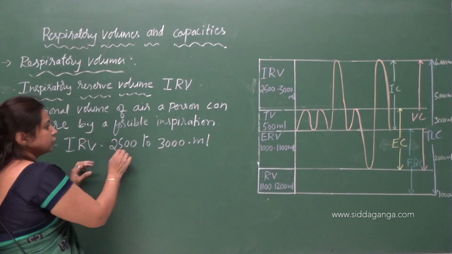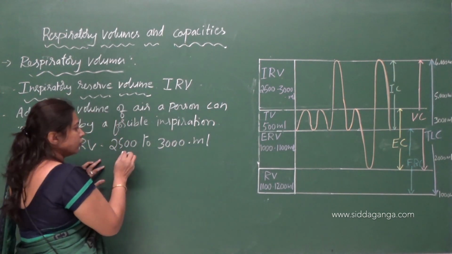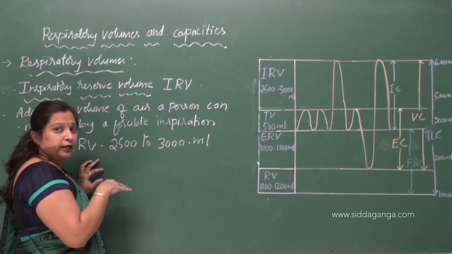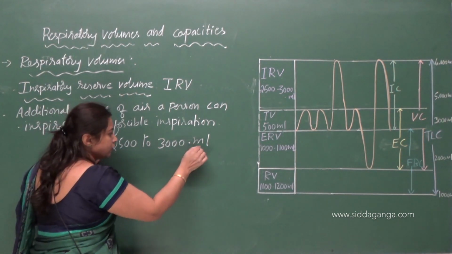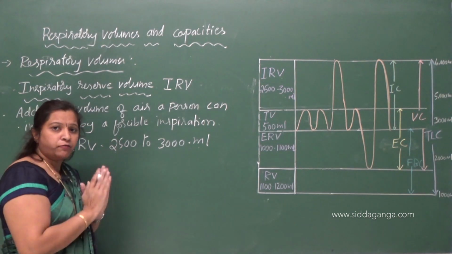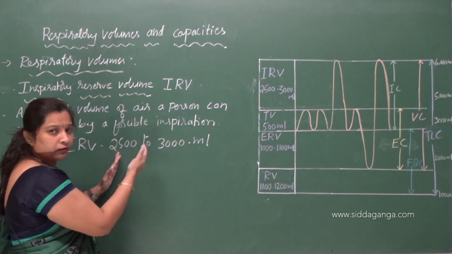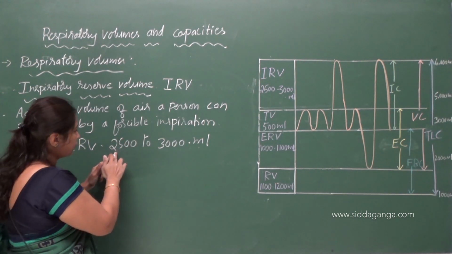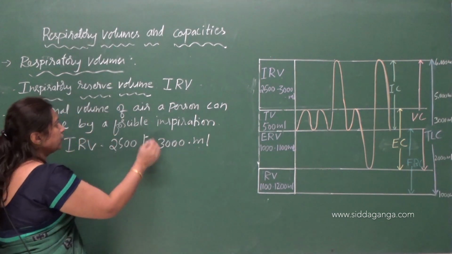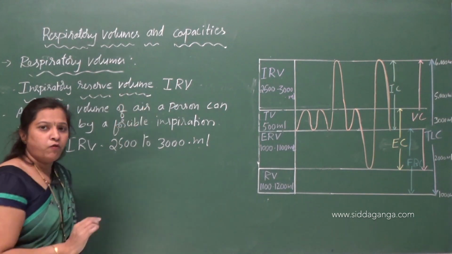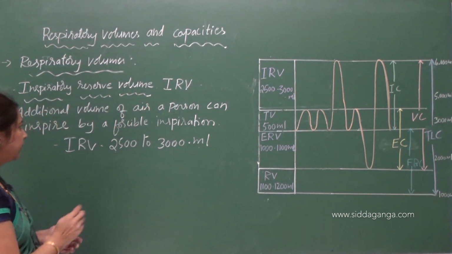So apart from 500 ml, how much volume of air are we able to take in by forcible inspiration? That is 2500 to 3000 ml. If we inspire forcefully, what volume of air are we able to inhale? That is 2500 to 3000 ml. So this is the inspiratory reserve volume. Understood clearly? Then next is